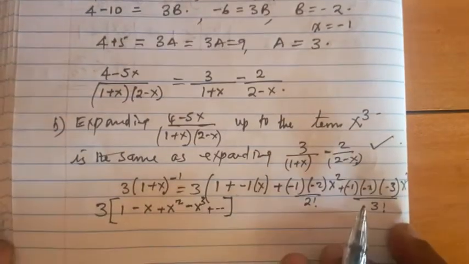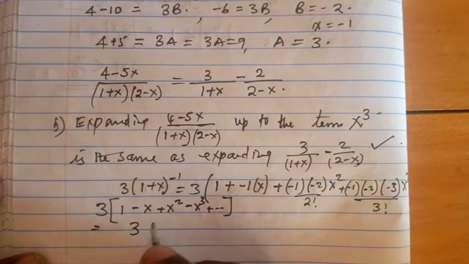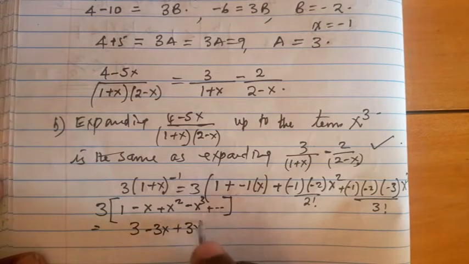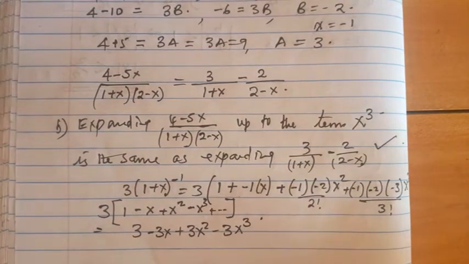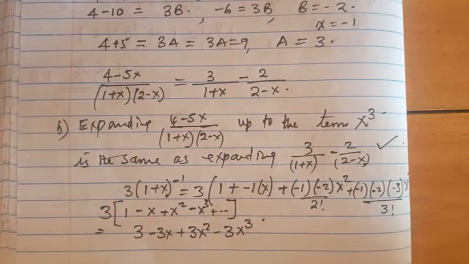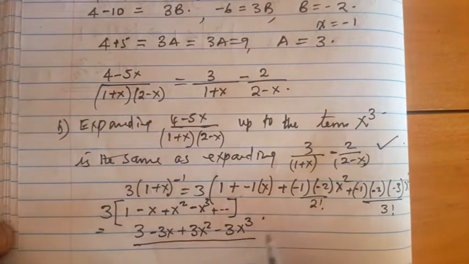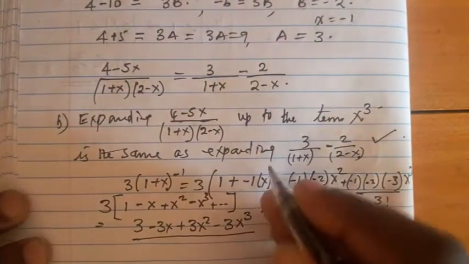So we open this bracket and we have 3 minus 3x plus 3x squared minus 3x cubed. That is what we have as far as that expansion is concerned, the expansion of the first bracket. Expanding the second term,